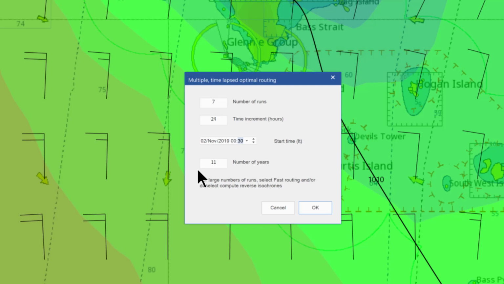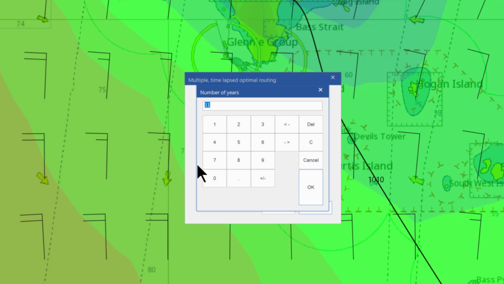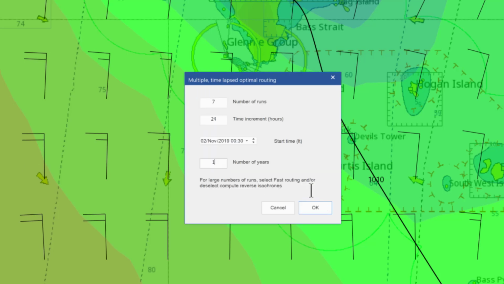Now, it would be possible, and this is what I do in other parts of the world, that I have 10 years of these historical data sets, so I'm able to look not just at a single year but multi-years. But for the purpose of this exercise, we'll just look at the 1 year. So I change 11 to 1,